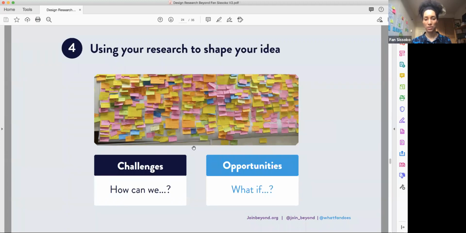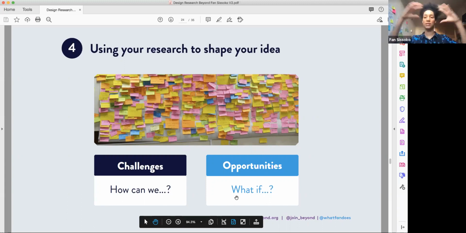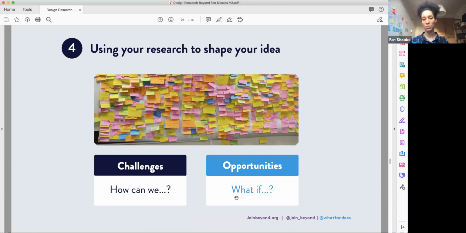And generally that process looks a little bit like this. So it's quite messy, a lot of notes everywhere, a wall of post-its. It's usually quite overwhelming. But I find that there are just little ways of phrasing questions which are helpful. So "how can we" and "what if" generally help me to move from a sea of insight to